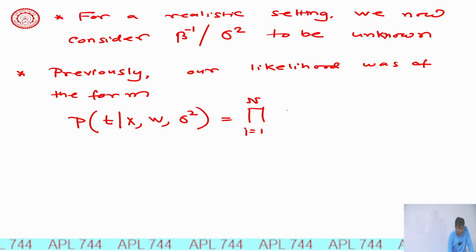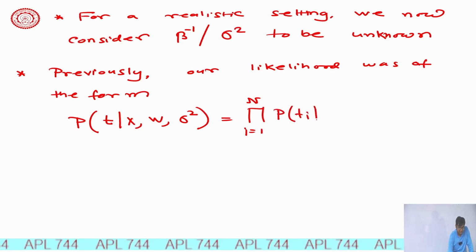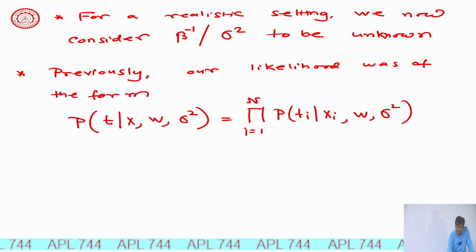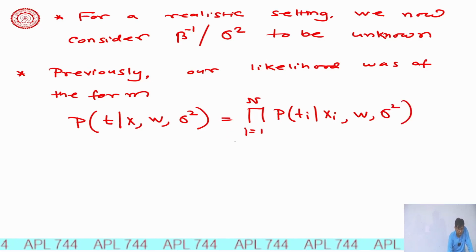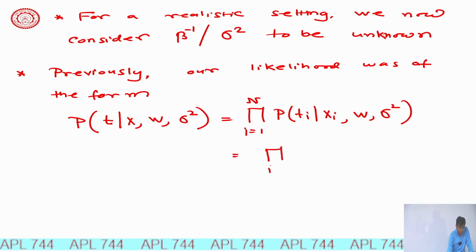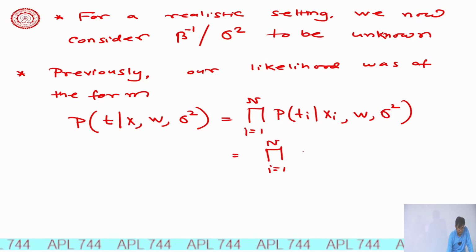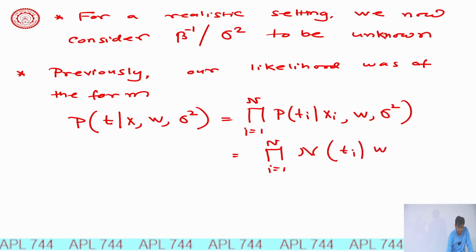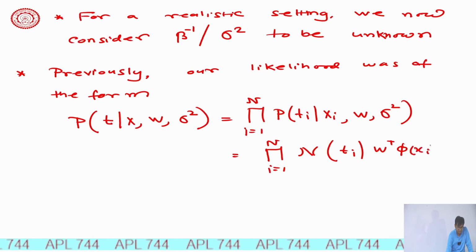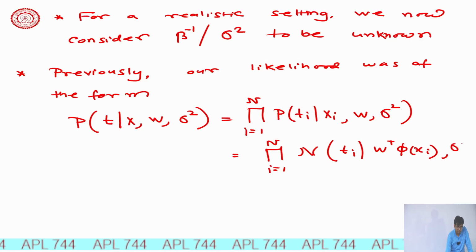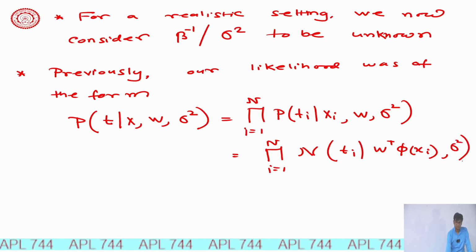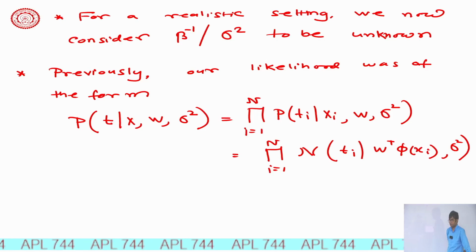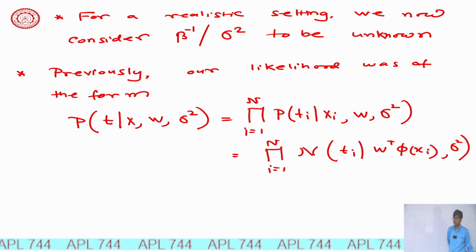Probability of t_i given x_i comma w comma sigma square is equal to the product i equal to 1 to n, each of these were Gaussian, t_i given w transpose phi(x_i) comma sigma square. This is what we wrote last time, and this comes naturally because our noise is assumed